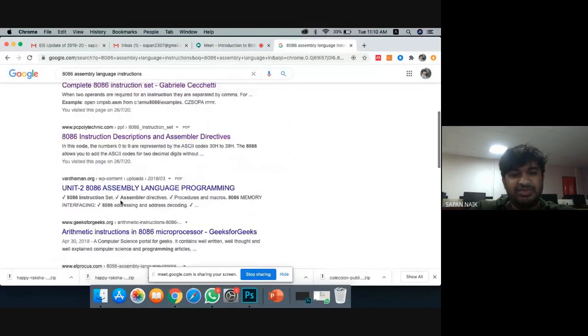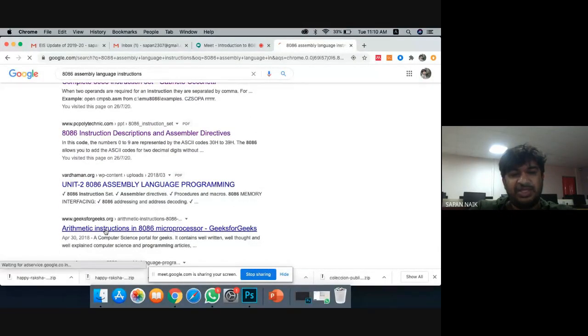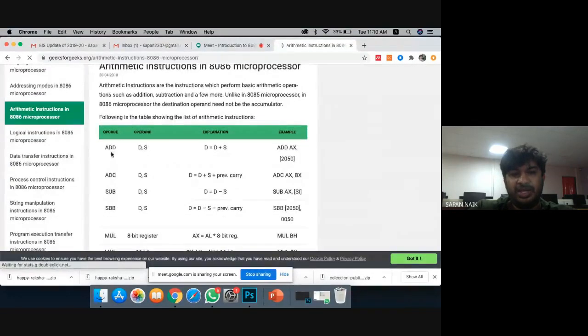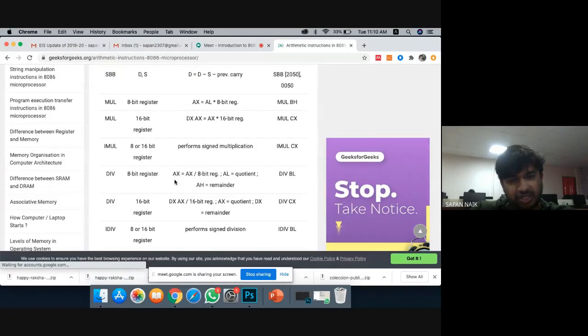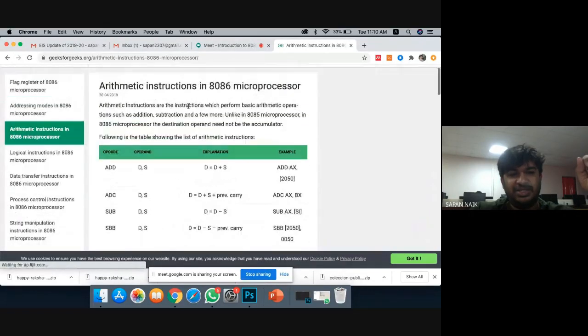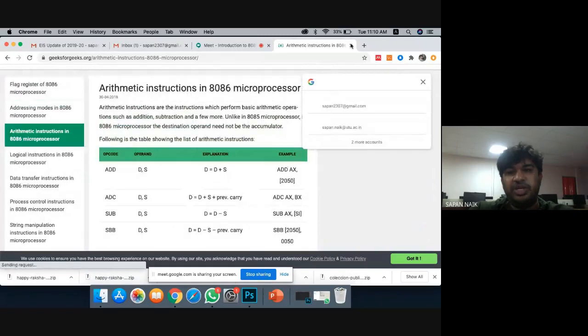The arithmetic instructions in 8086 that you have learned so far, if I click on ADD d, s, the meaning is explained. You can go through this, understand what the instruction is doing, and accordingly implement it. Currently you don't need to think much.